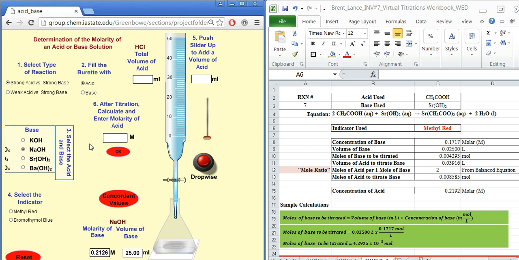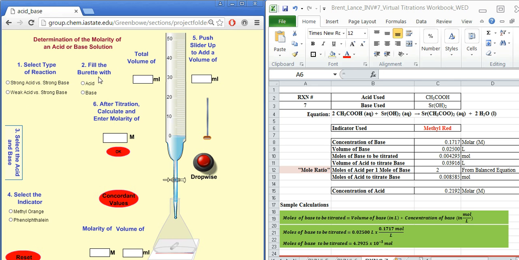So it gives you the concentration here. You'll notice, if you hit reset, it changes, totally makes you start over. So if you goof up and overshoot your endpoint, use the concordant values to go back to the exact values that it was. So again, you can change indicators. I don't care which one you use, just make sure you're